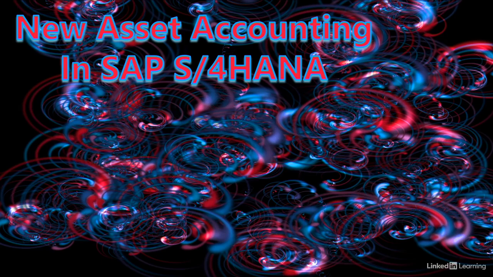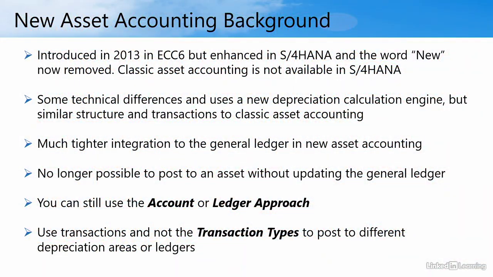This lesson explains briefly what new asset accounting is compared to the classic asset accounting found in earlier versions of SAP ERP. New asset accounting was introduced in 2013 in ECC 6 and could be activated from Enhancement Pack 7 onwards. It's the only option available in S/4HANA, although it now has a lot more functionality, and SAP have dropped the